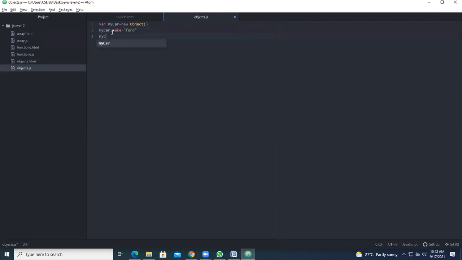Similarly, you go myCar, the next parameter, you can take it as model. Model is equal to something name. Similarly, take myCar.year, the next one. Here you give 1990 or something.